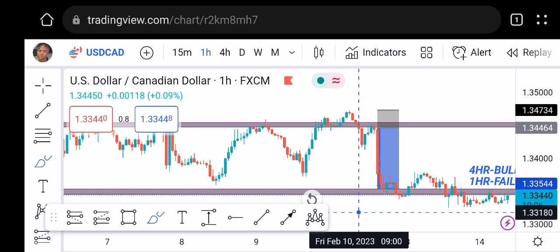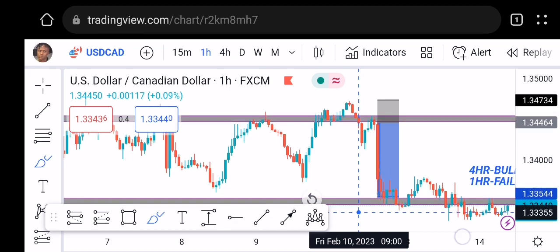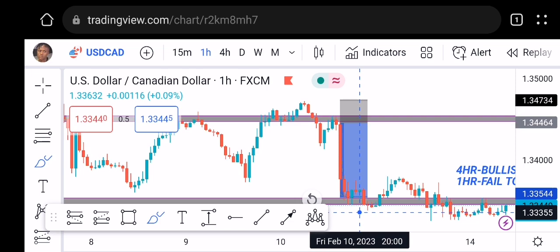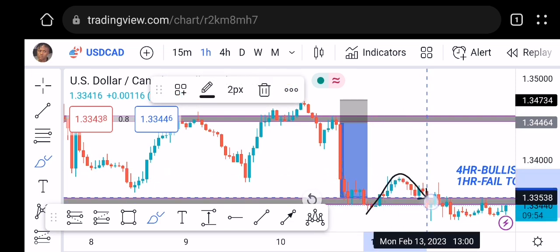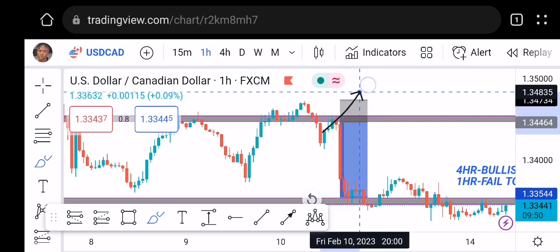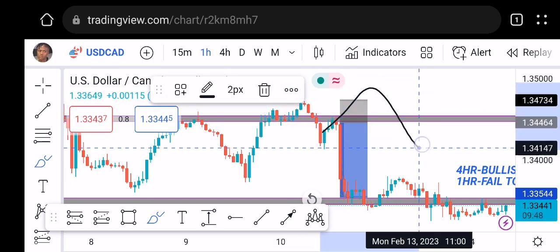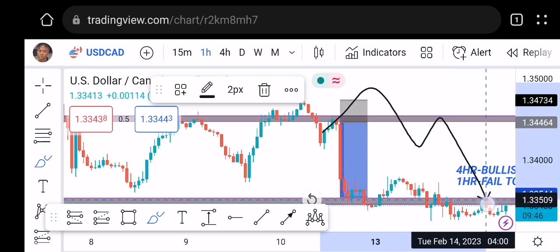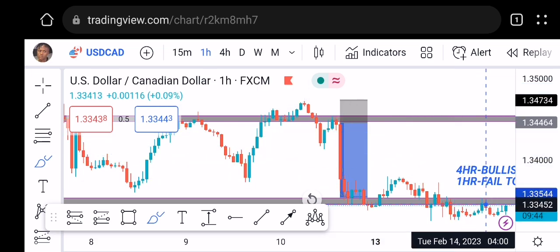You follow me, people? If you have a breakout of support and price breaks back in of support, you need to simply wait for a retest above before you can anticipate a reversal to the upside. Same thing with price breaking out of resistance and breaking back in. You need to wait for a retest below of resistance before you can look for reversals to the downside. People, this is bread and butter forex.